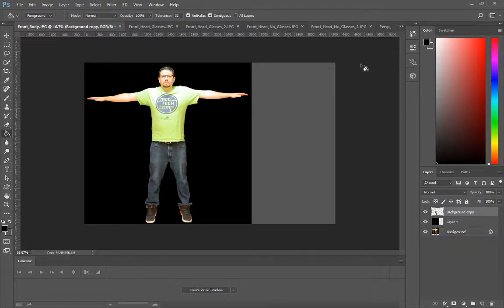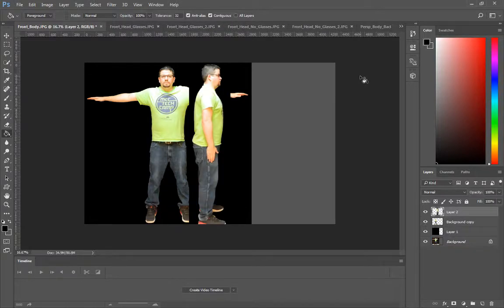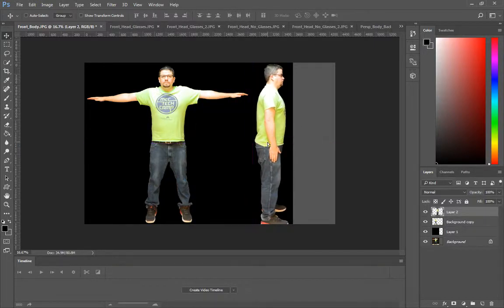Now with my copied side view, I'm going to press Control Shift V. That's paste in place. And now I'm going to use my move tool and slide this over. Now you're going to notice right away that